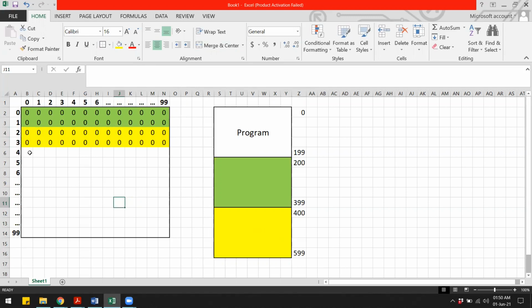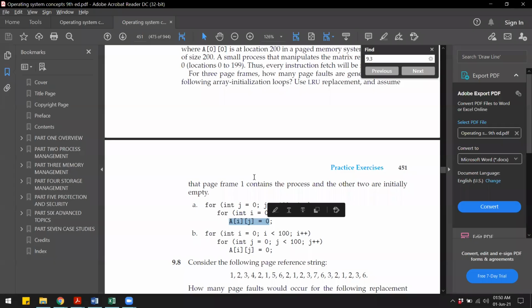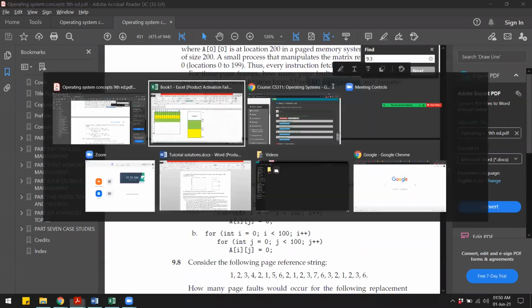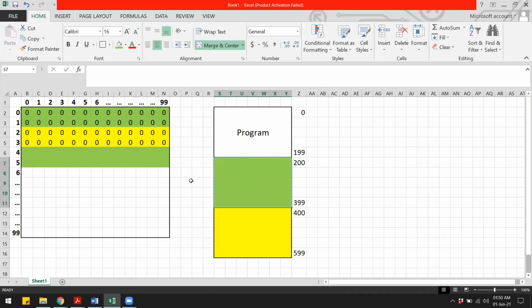Then the next one is 40. So again this will be brought into the memory. So this one goes into the second page because this was the least recently used page according to this LRU algorithm. So this will be taken out and this one will be brought into the memory again. So once that is there, again this will be set to all zeros and the same process continues.